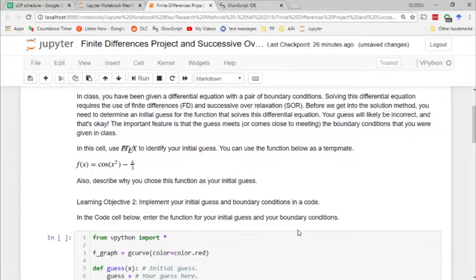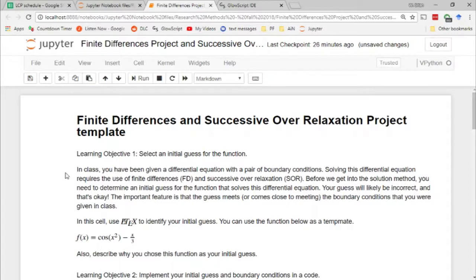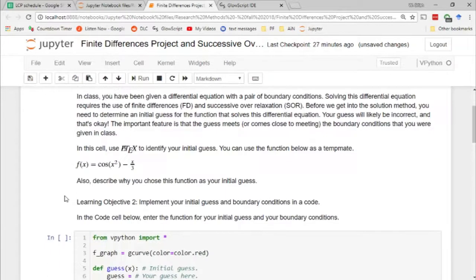All right, so one last review here. Select an initial guess for the function. In class, you may give a differential equation with a pair of boundary conditions. Solving this differential equation requires the use of finite differences and successive over relaxation. Before we get into the solution method, you need to determine an initial guess for the function that solves this differential equation. Your guess will likely be incorrect, and that's okay. The important feature is that the guess meets or comes close to meeting the boundary conditions that you were given